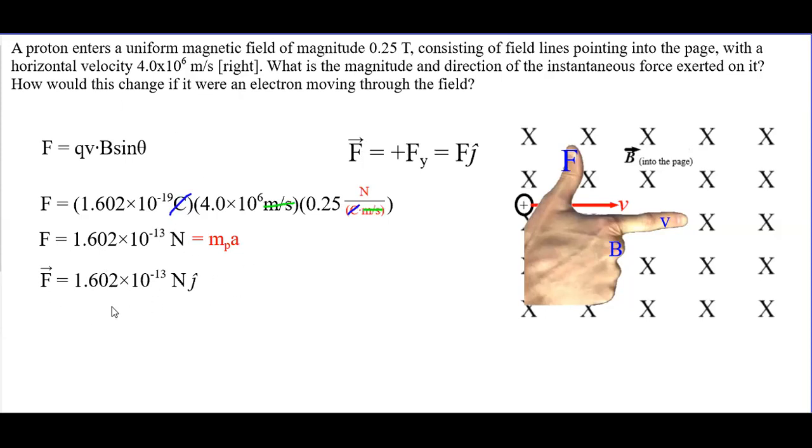If you wanted to have an idea of what that strength is, you would basically solve for the acceleration on that particle. The mass of a proton is about 1.67 times 10 to the negative 27 kilograms. So if you divided your force by the actual mass of a proton, you'd get an acceleration somewhere around 10 to the positive 13 meters per second squared, which technically tells you it should break the speed of light within half a second, which we know is not true